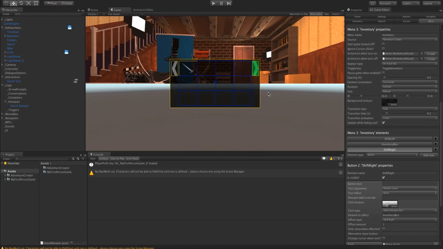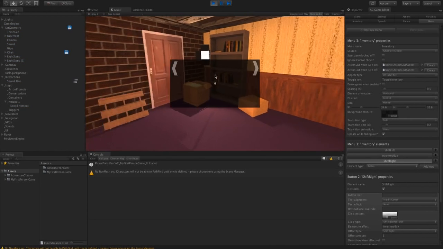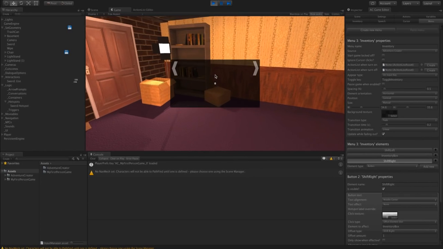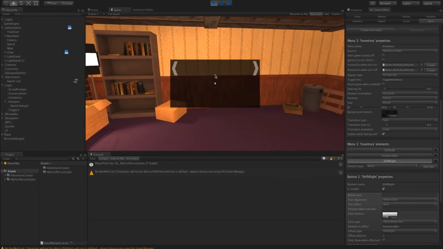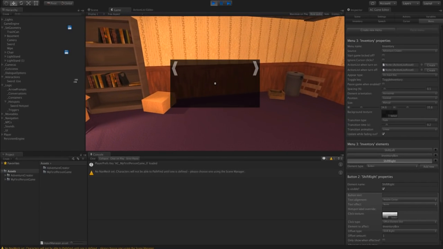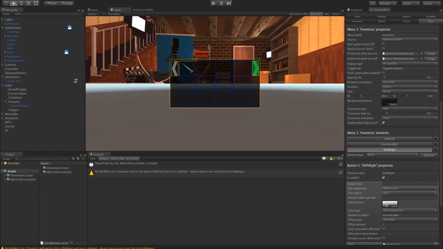And the last thing we need to do is, if I demonstrate, we can bring up our inventory with the toggle key, but when it's open, we still can't move the cursor around. When we move the mouse, we're still free looking. Now there's two ways we can get around that, and I'll show you the simplest one first, and then we'll make something a little bit more complex.